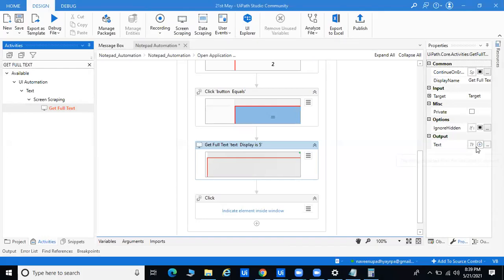Here we'll try to store it in one output. So whenever you're getting some data, you keep the data in mind. Same thing, we have to train the bot where to keep the data, with Control K, and you can pass the get full text output. Okay.